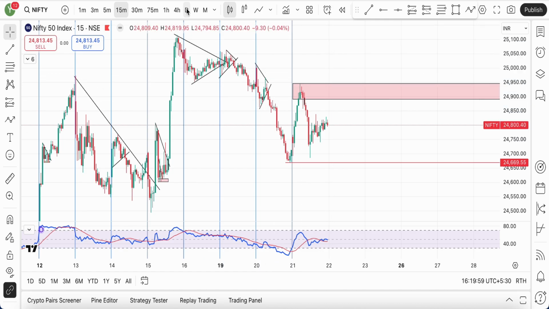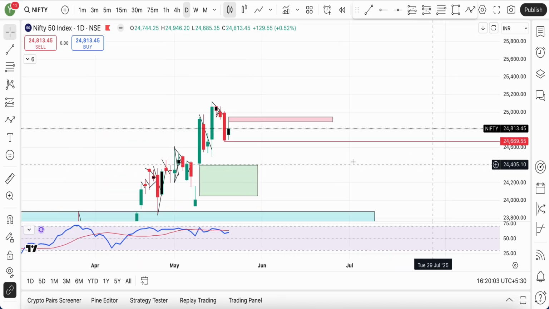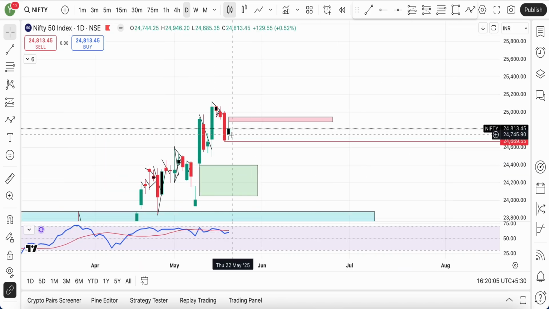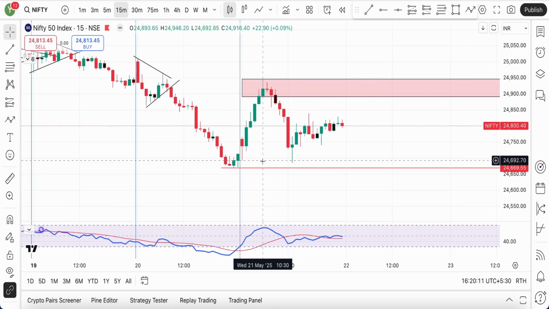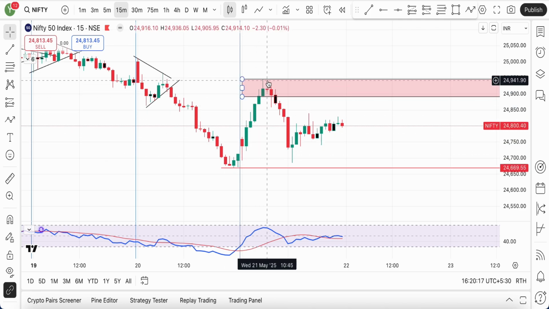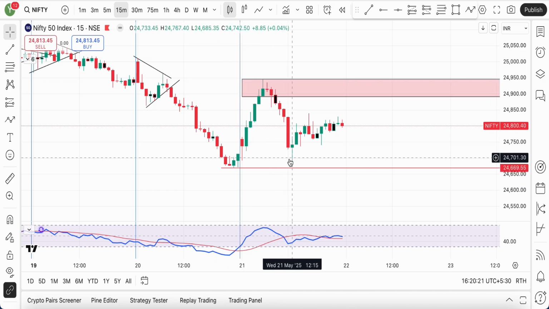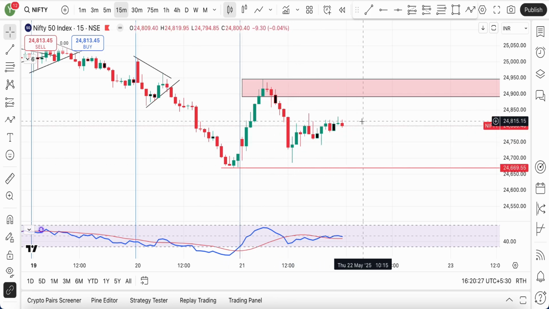So if we look at the daily time frame, as expected, the market had formed an inside candle, which is the halt candle. We were expecting some volatility, so you can see the volatility. It is not just a zigzag pattern, but the market moving without a trend, right? Here, the market made a move up with good momentum, took resistance, fell down with equally good momentum, broke down below the day's low, then went sideways. So this is what the volatility looks like.